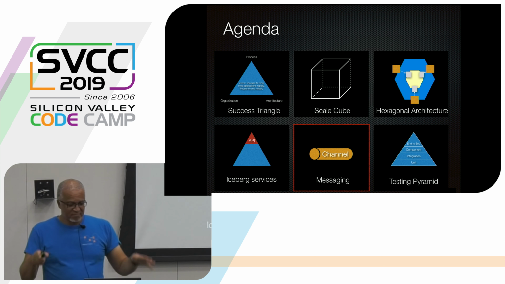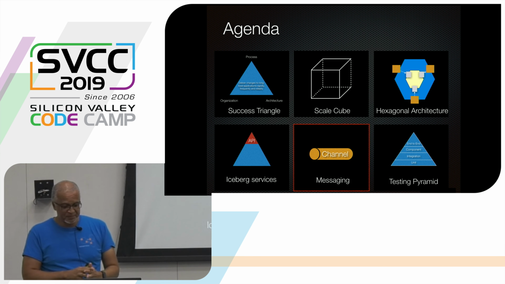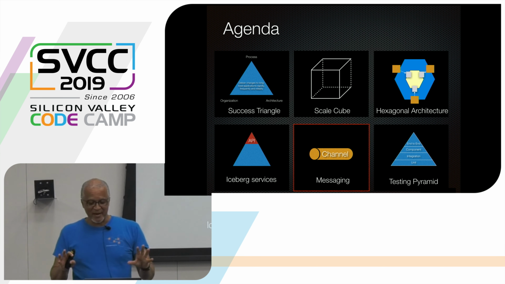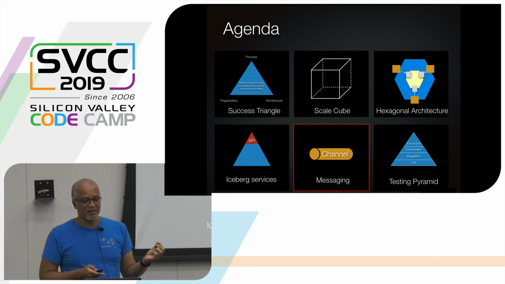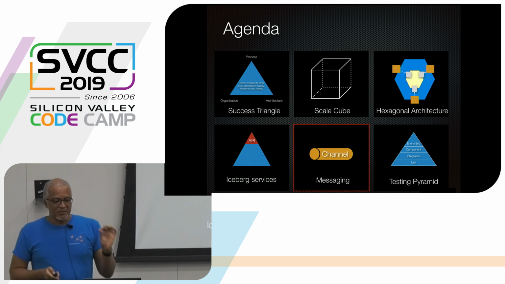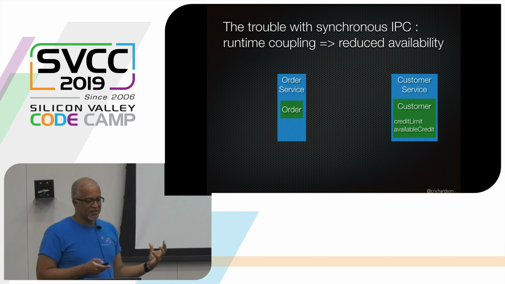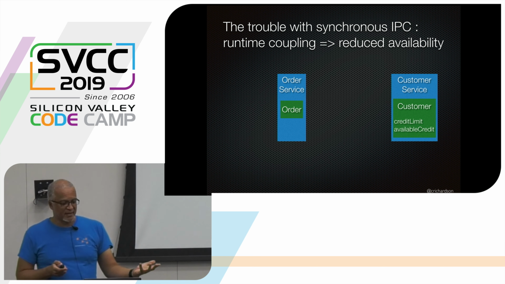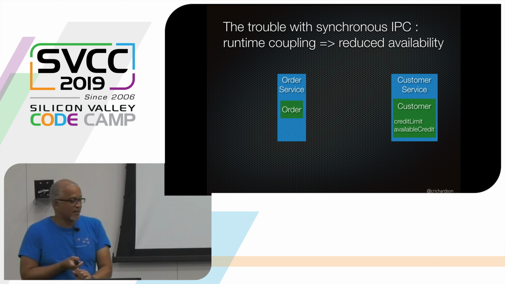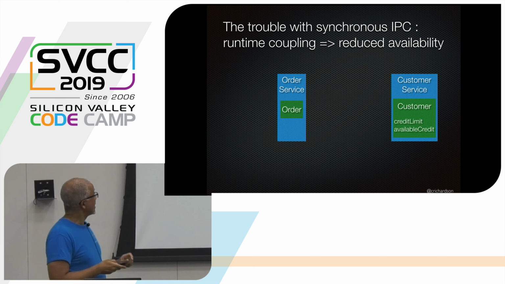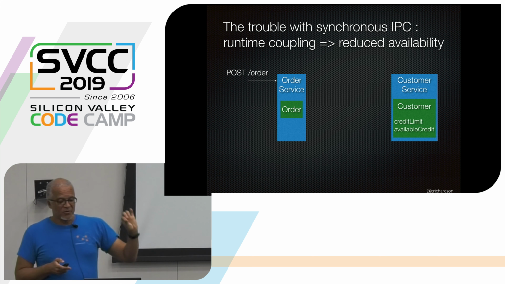Okay, so moving on. So that's another triangular shape. The next shape I want to talk about is the cylinder, which is the metaphor for using asynchronous messaging. So I want to talk a bit more about using synchronous communication between services, something like REST or gRPC, or I suppose there's Thrift and other things like that. So imagine you've got an architecture that looks like this, where the order service